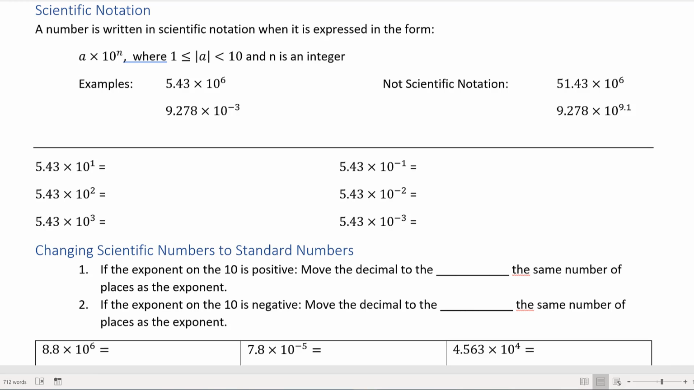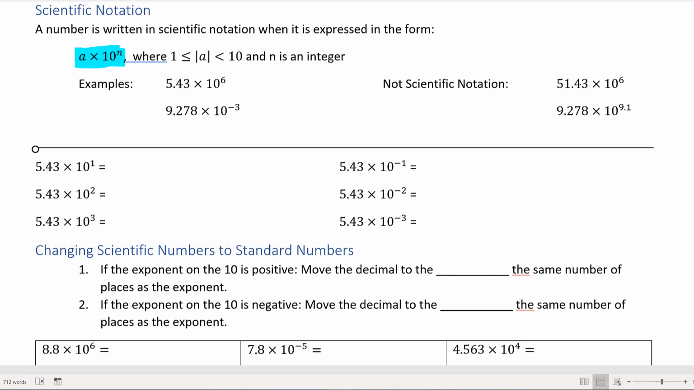Today's lesson is on scientific notation. A number is in scientific notation when it is expressed in the form a times 10 to the n, where a is a number between 1 and 10, and n is an integer. Examples of scientific notation would be